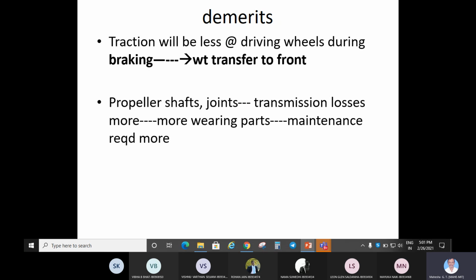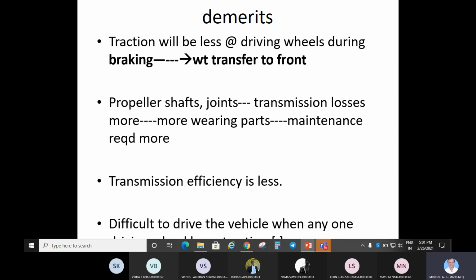If you go underneath the chassis of such a type of layout, maybe a long wheelbase vehicle, you need to lubricate at the end of the day on a daily basis. Otherwise, noisy operation of the drivetrain will happen. Wear and tear will be more. They will fail if you don't maintain. They will fail within maybe thousands of kilometers or so. They will fail permanently. So transmission efficiency will be less. The obvious reason is there.